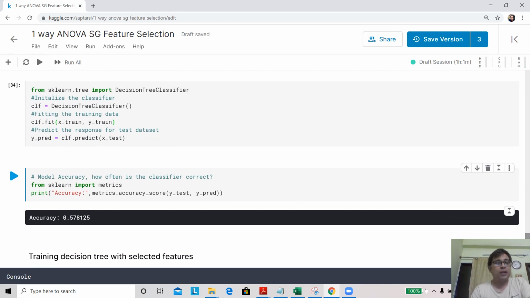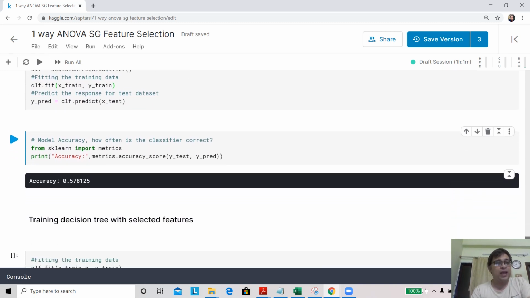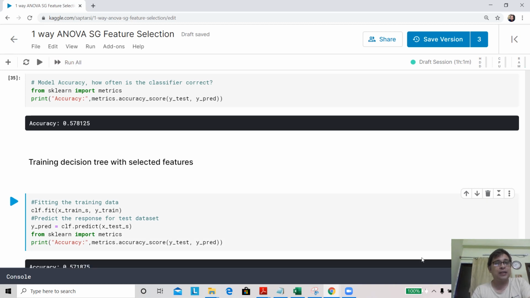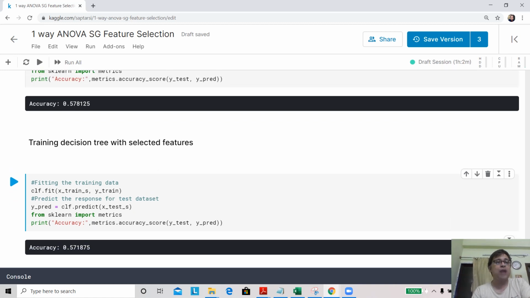Now let's train using our selected features, which are only 4 features, and look at the accuracy. You see the accuracy is equivalent. You had 57.8% initially, and here you have 57.2%. It is very close, and instead of the original 10 features we have only used 4 features, so the feature reduction is around 60%.